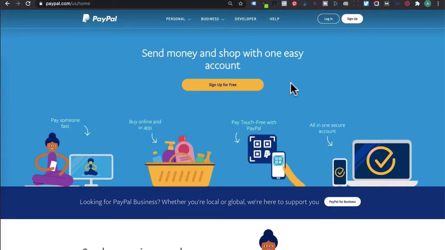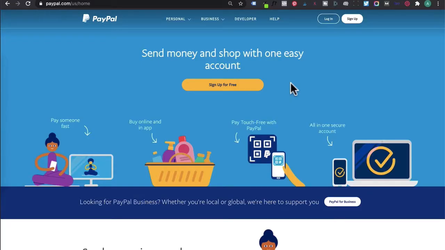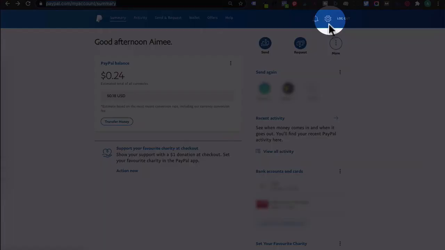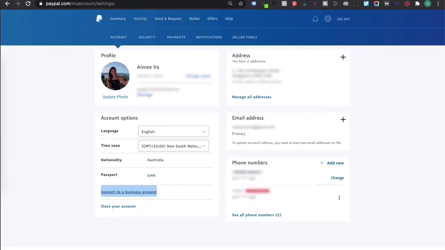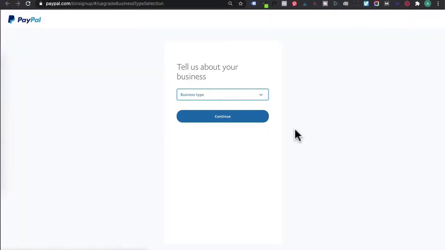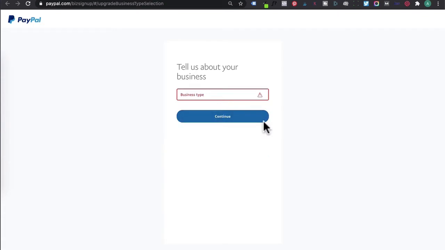Alright guys, the first step is you will need a PayPal business account, and if you have a personal PayPal account, you can upgrade from a personal account to a business account by logging in to PayPal. And then once you're in the main menu, click on this cog icon. You will then get to settings and you want to go over to the left hand corner and click convert to a business account. Once you've done so, it will ask you, tell us about your business. You can say I'm a sole trader company